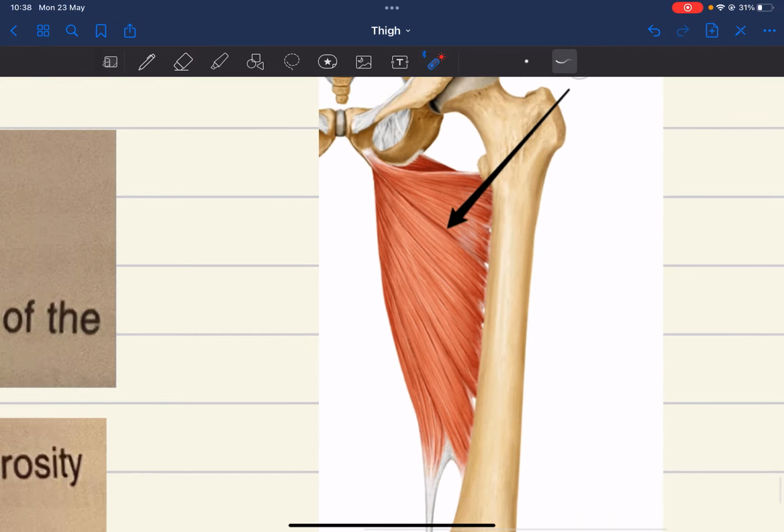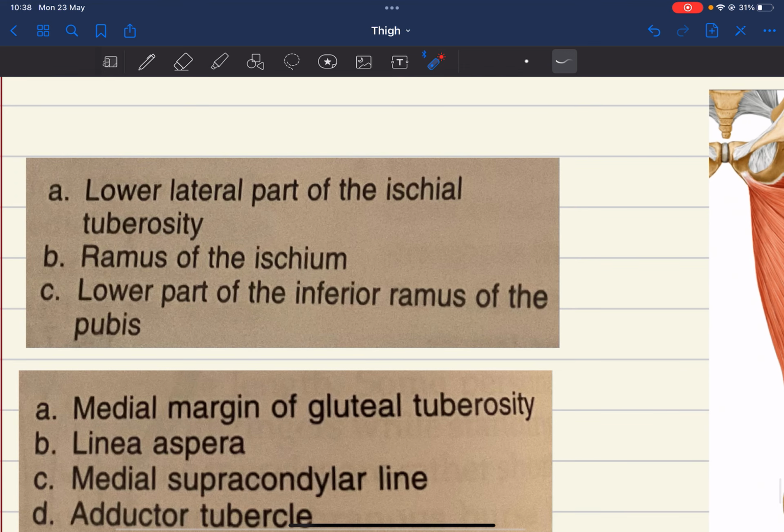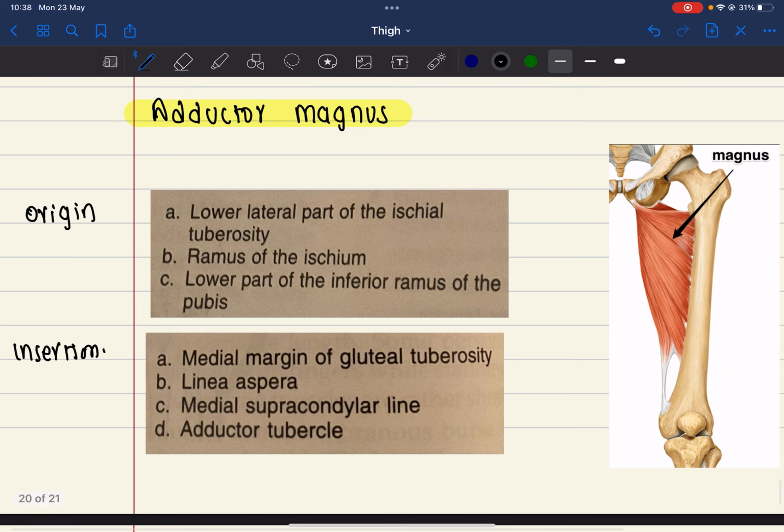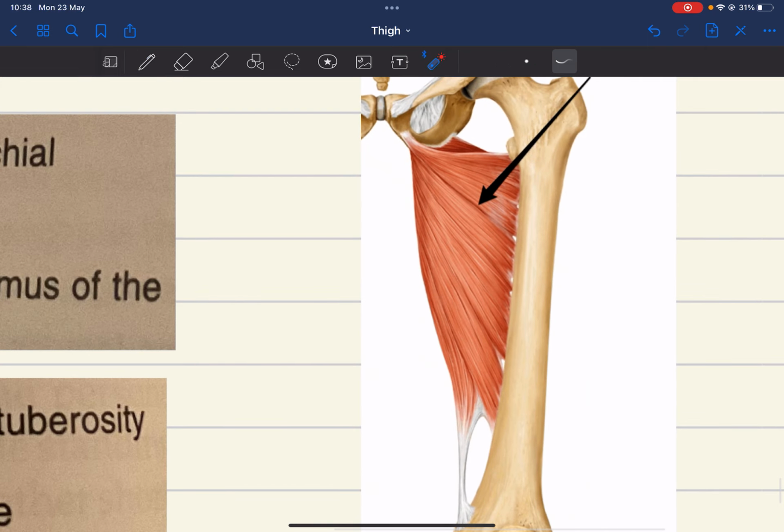र originate चाहिँ कताबाट हुन्छ भन्दाखेरि the hamstring part originates from the lower lateral part of the ischial tuberosity बाट. त्यस्तै गरी adductor part is originated from the inferior ramus of the pubis बाट. This is the origin of adductor magnus. यसको insertion हेर्ने हो भने it is inserted into the medial margin of the gluteal tuberosity. त्यस्तै गरी linea aspera हरूमा insert हुँदै जाँदै